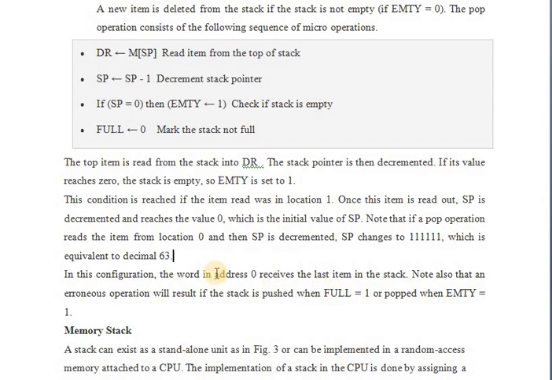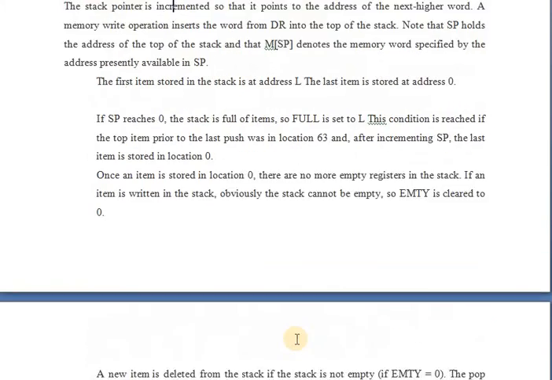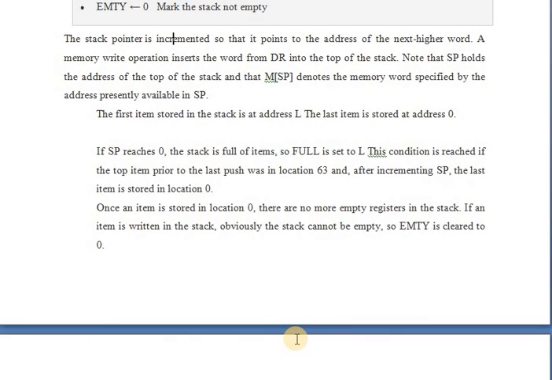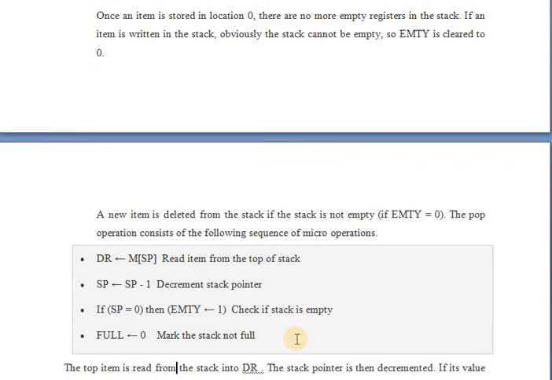Note also that an erroneous operation results if the stack is pushed when full equals 1 or popped when empty equals 1. So this is how we perform the push and pop operations in the stack.